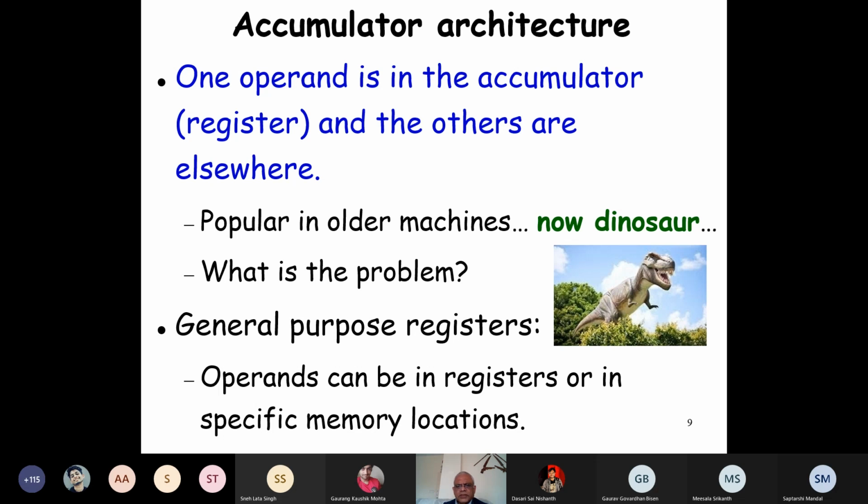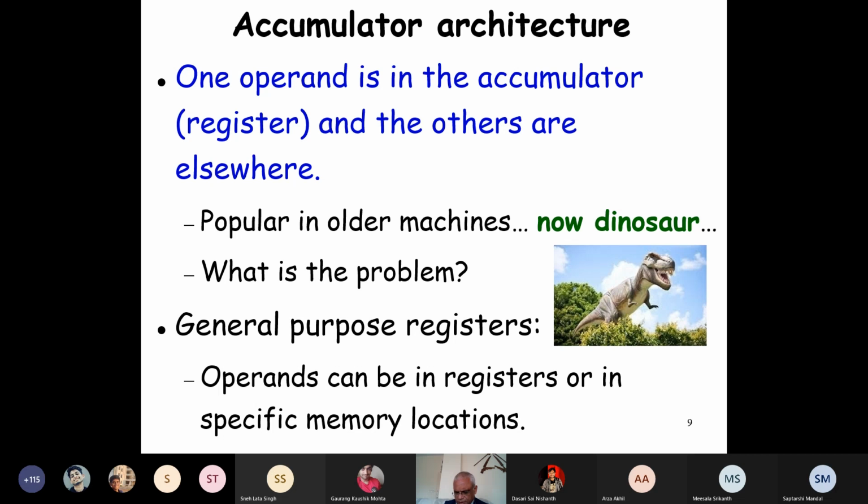See, the result is stored here. Let's say ADD R1, R2, R3. If R1 is the accumulator, you first copy it to the accumulator, and there the result again comes, right? So it is not that it is lost. A lot of memory operations are needed to perform basic instructions compared to if we had more registers.